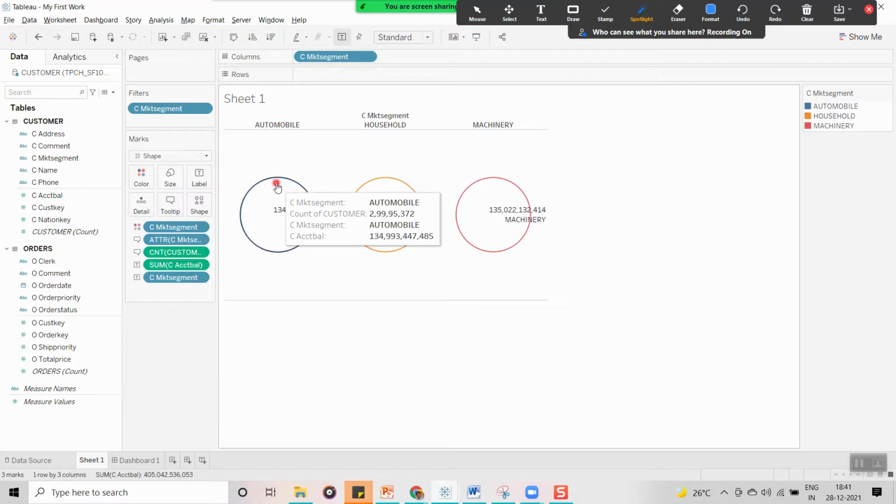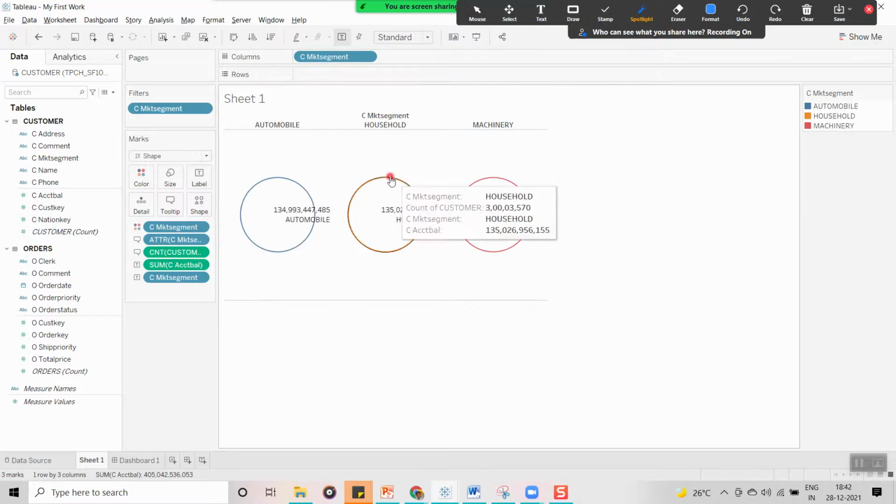And guys, here we can do a lot of things. This marks card is very important. By using the marks card we can apply colors, increase or decrease the size, and also KPIs, key performance indicators. So based on some conditions, we can show it as green, red, or something. Whatever calculations we are going to write, we keep in this marks card area. Then only the visualization is going to display according to the conditions.